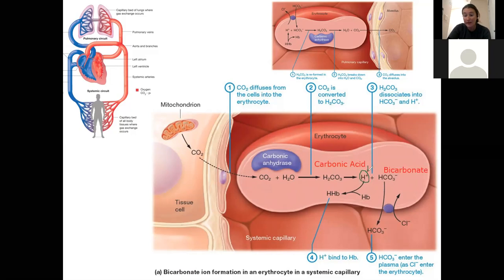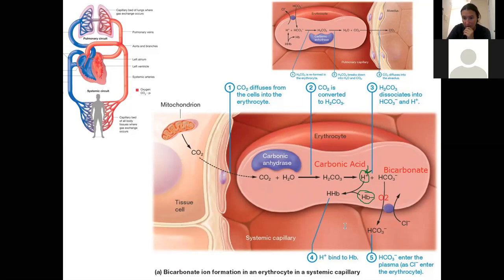So this is acid right here, so this is decreasing the pH. And so this hydrogen can actually split off, or it can bind to the hemoglobin that is already in your red blood cells. Remember that hemoglobin has been bound to